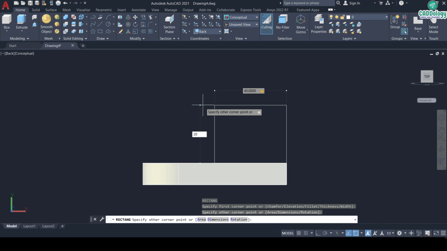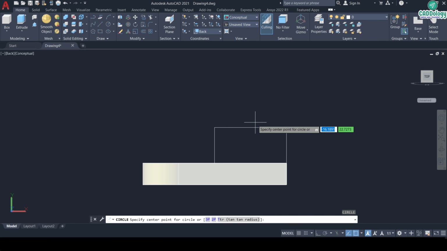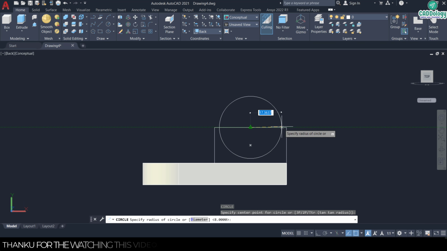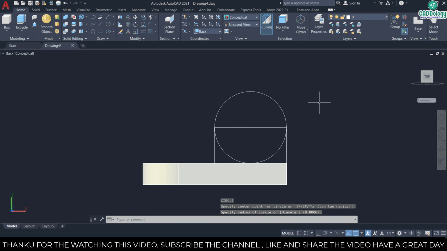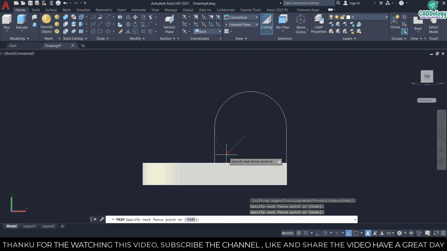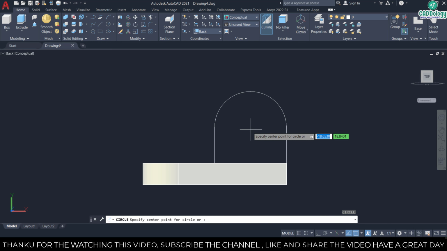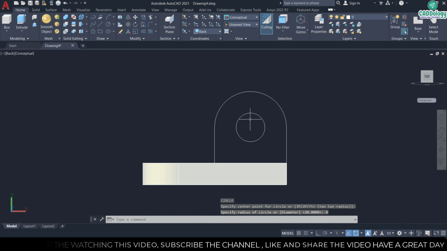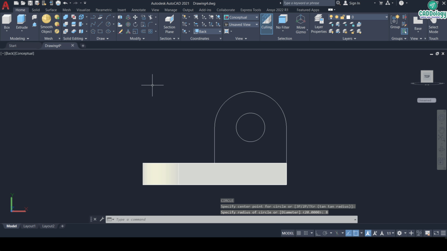Make a circle and trim. Make another circle of 16 mm diameter or 8 mm radius. Create a region